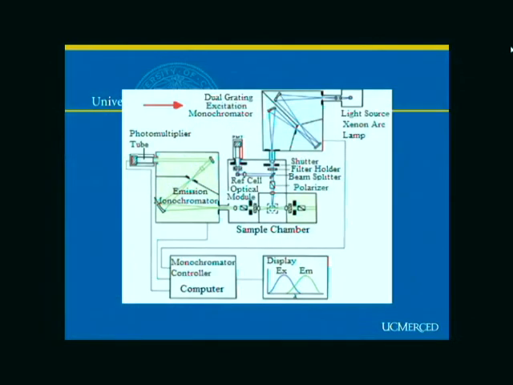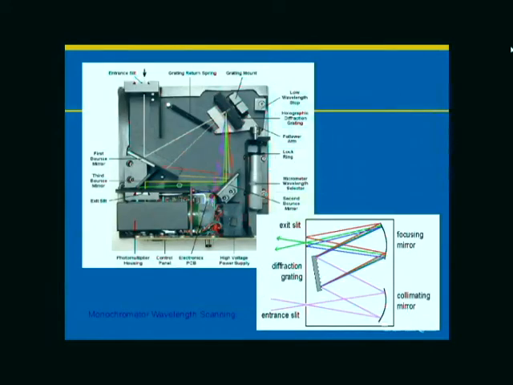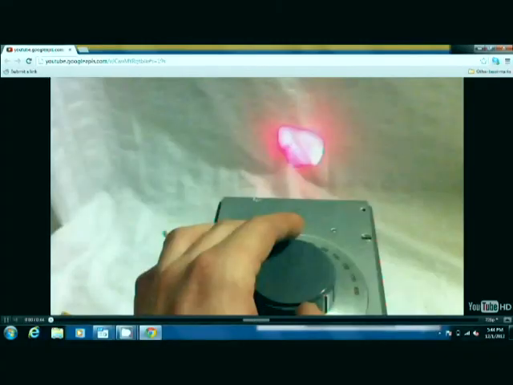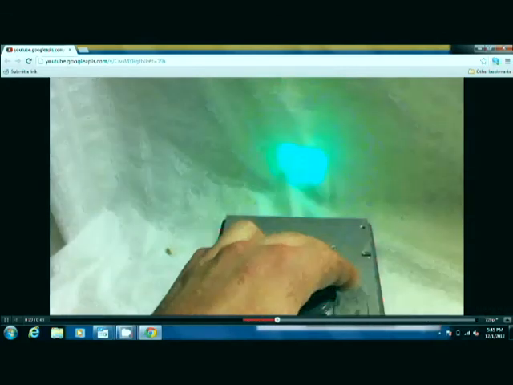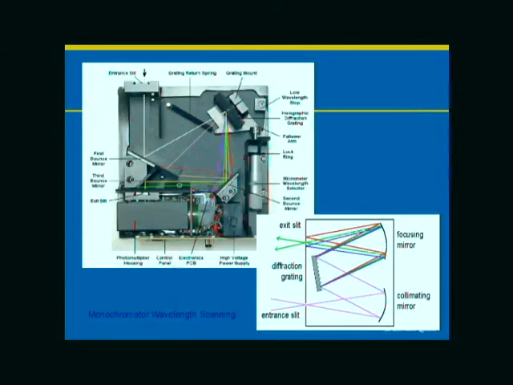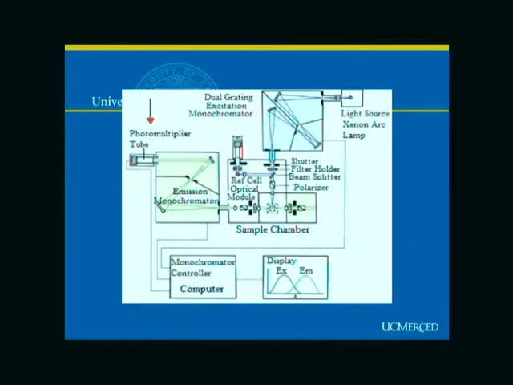So this light then passes through a monochromator, which is basically just a series of mirrors and diffraction gratings, which allow you to select out only the wavelengths of excitation and emission that you are looking for. This can be done both manually and digitally through a computer, and as you can see, this allows for really fine tuning of the exact wavelengths that you're looking for. Next, the light's going to pass through your sample,